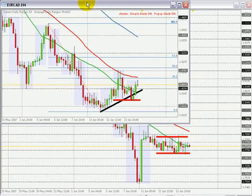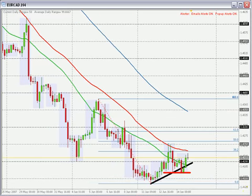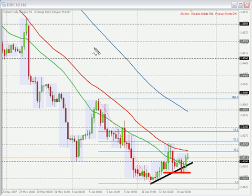Another setup that got me very excited today, because it was the only one that seemed as if it was about to trigger, and it finally didn't trigger either. Euro against the Canadian dollar, also in the 4 hours time frame. I think I already told you guys yesterday that I had this chart on my watch list for the New York session. But as you can see, it's basically done nothing. Okay, during the last 2 days, it's just whipping around, showing basically a saw formation, totally moving sideways, up and down around the 142.00